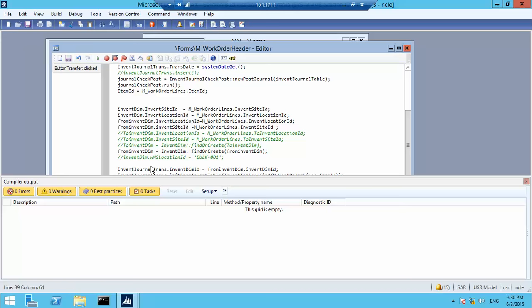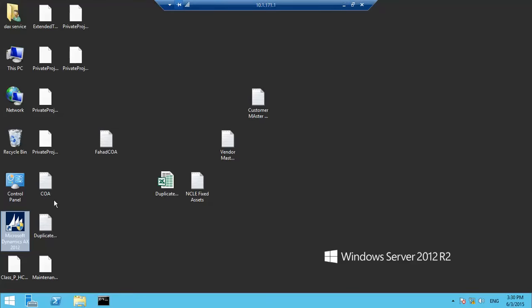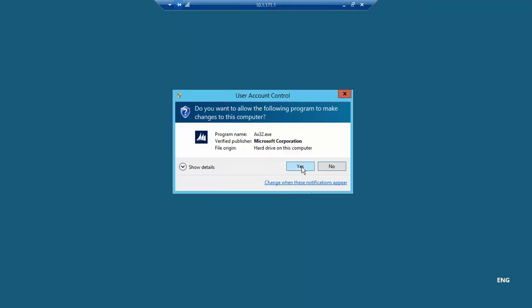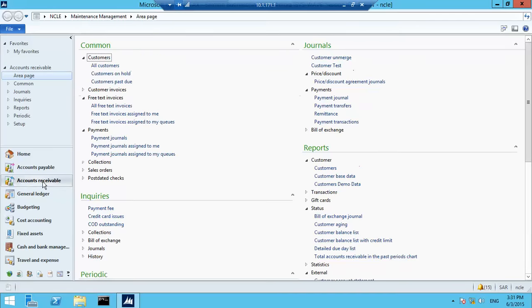Done? Yes. Now, remember, whenever you add a menu or something, you need to close and open. Every time we have to close the data? Yes, if you add a menu to the form. If you go to receivable now,